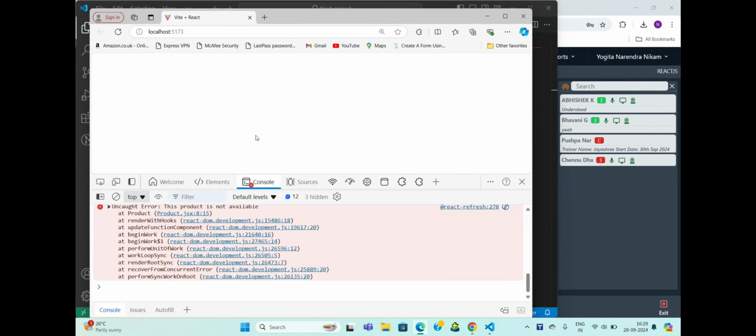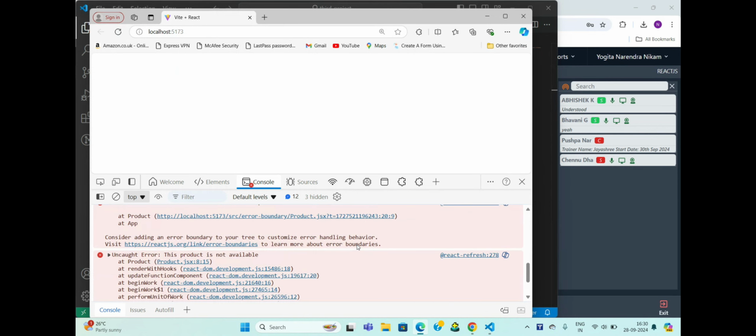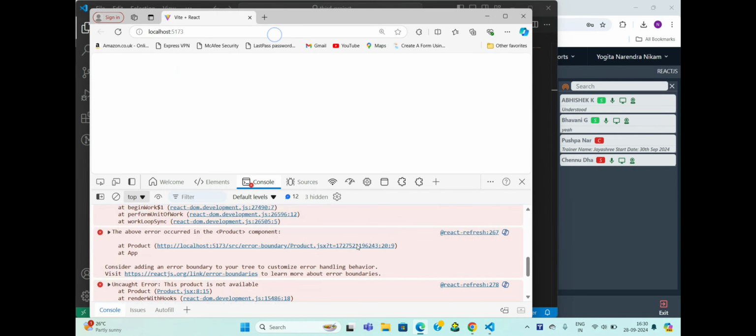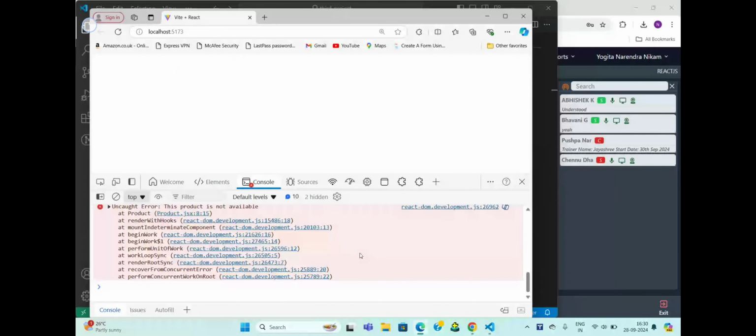Okay. But now if you see, currently you are developing the application, that is why it is fine. But once your application is released to the customer, when it is in the production stage, will the customer like to use your application if the screen suddenly goes blank like this? There was error only in one component. Do you agree? The error is only in one component, but still, what has happened? The entire screen went blank. Your entire screen got crashed.